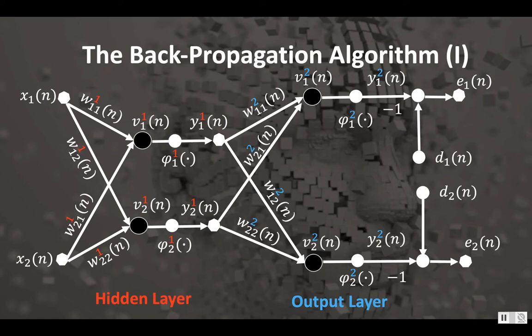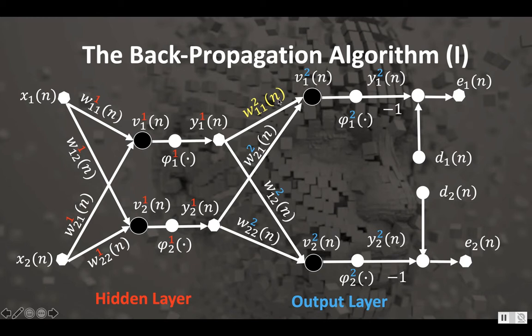This is the multi-layer perceptron. We have two inputs, one hidden layer, one output layer, and two outputs. In this video, we are going to show how we can apply the backpropagation algorithm to update the weights. So let's start from the output weight,